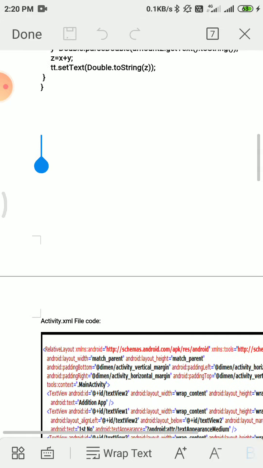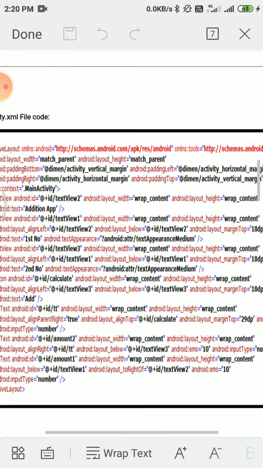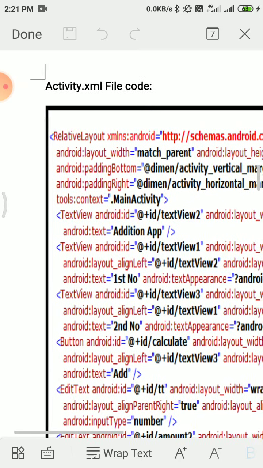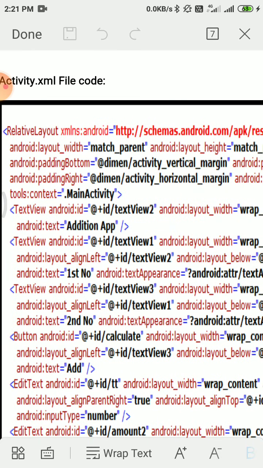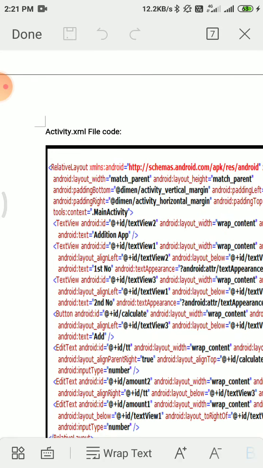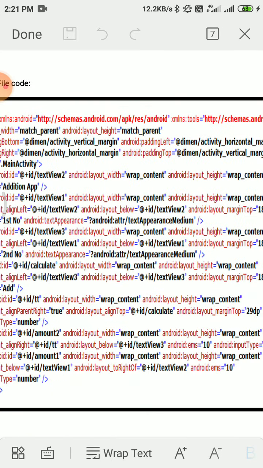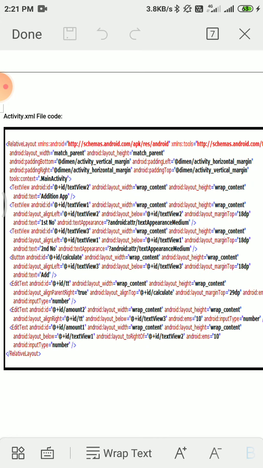Now we will see the XML file. In the XML file this particular code is automatically generated. You need not type this code, because it is generated by the Android Visual Studio once you drag the different controls or tools from the toolbox, that is TextView, label view, and the button.